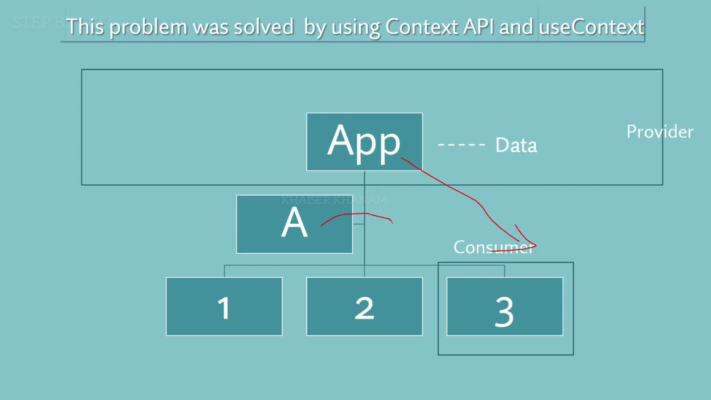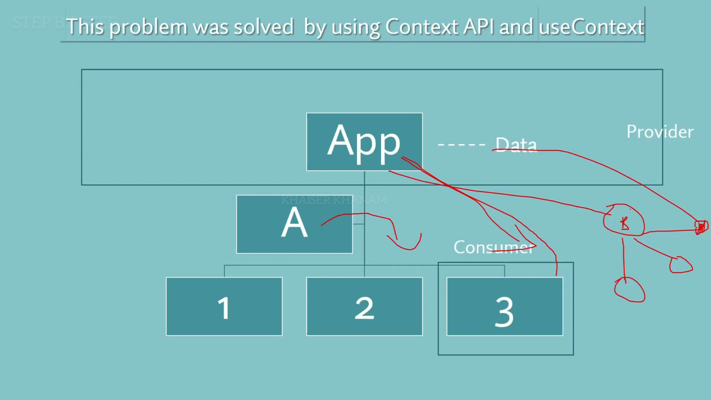Now again, they don't have to travel from component A. Directly from the App component, they can get the data. Now suppose here I am having one more component, component B. And for component B, I am having 3 components, 1, 2, and 3. Now this component wants data, so directly it can act as a consumer and it can get the data